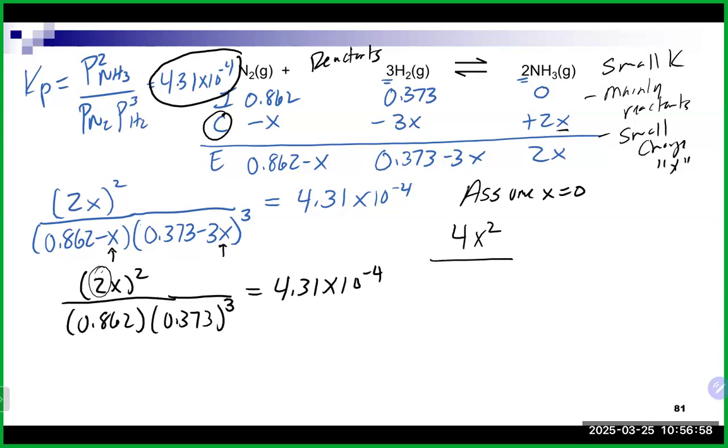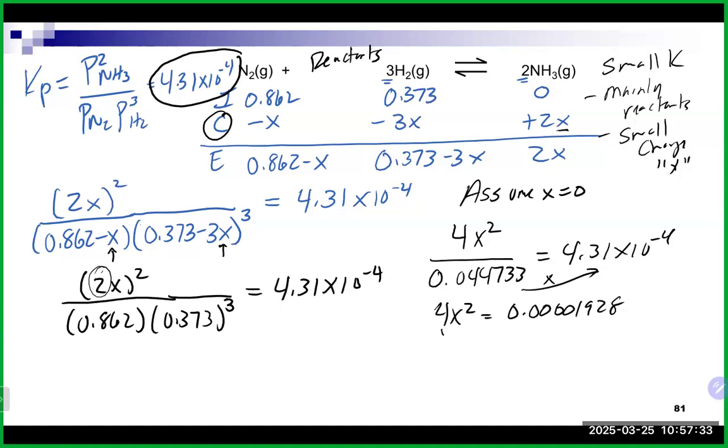On the bottom here, we could get a number. We'll get 0.373 cubed times 0.862. That's going to give us something like 0.044733 equals 4.31 times 10 to the minus 4. We're then going to multiply this to the other side, and that will get us 4.31 times 10 to the minus 4 times that. 4x squared is equal to